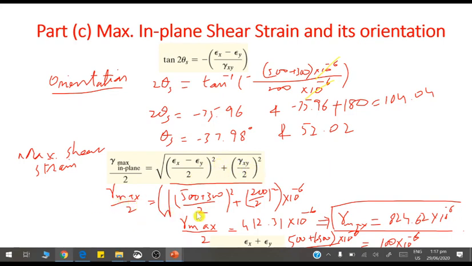Gamma max by 2 is equal to the square root of ((500 minus 300) by 2) whole square plus (200 by 2) whole square, which is 400 and 100. Squaring and taking the square root will give you the result, and 10 to the minus 6 is taken common from all of the terms. So gamma max by 2 is equal to 412.31 into 10 to the minus 6. Remember, this is by 2, so when you multiply by 2, gamma max will be 824.62 into 10 to the minus 6, and the corresponding average